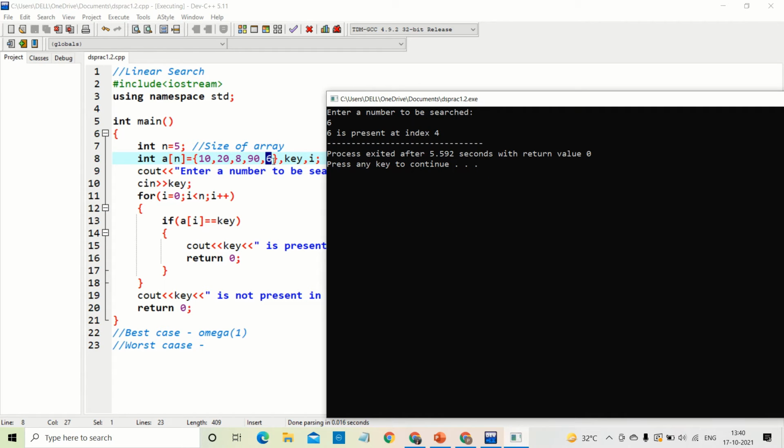Now 4 तक जाने के लिए it has to do all the comparisons. जैसे पहले 10 के साथ compare करेगा, फिर 20, फिर 8, फिर 90, and then at the end it will get the value 6. So basically 5 times it has to compare and then get the result. यहाँ पे the size of array is 5, इसलिए 5 comparison करने पड़े. If the size of the array is 100, then we may need to do 100 comparisons if the value is present at the last position. So basically, if my value is at the last position, then it can be called a worst case.